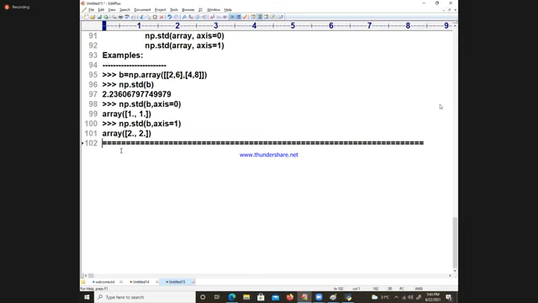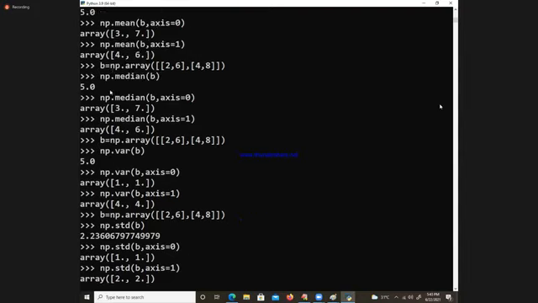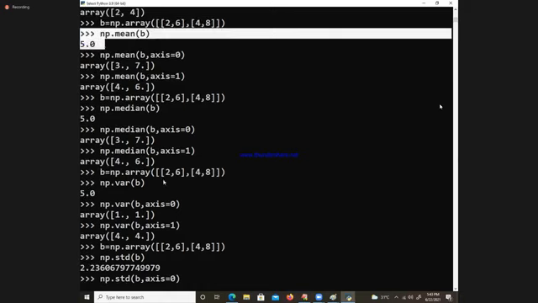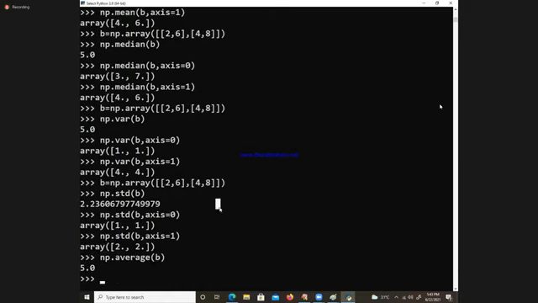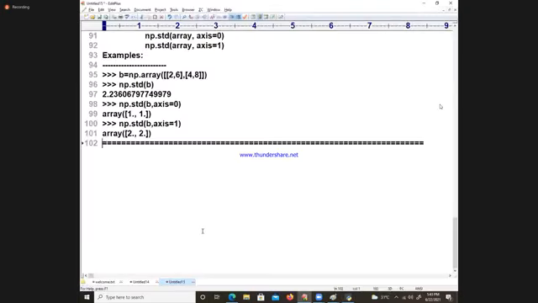Tomorrow I will introduce the average also. You can write average also. This is average of B, which is nothing but 5.01, which is equal to mean. See, where is that mean? Beginning. Mean is nothing but average only. Okay? You apply. These statistical functions are very, very important. Standard deviation formula is SQRT of